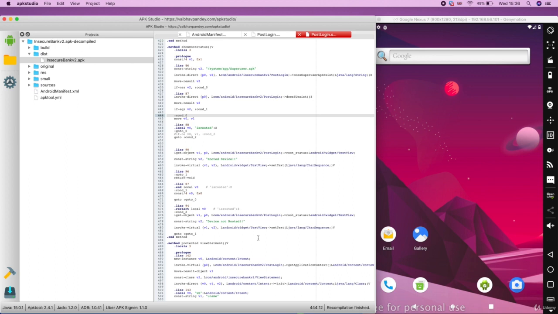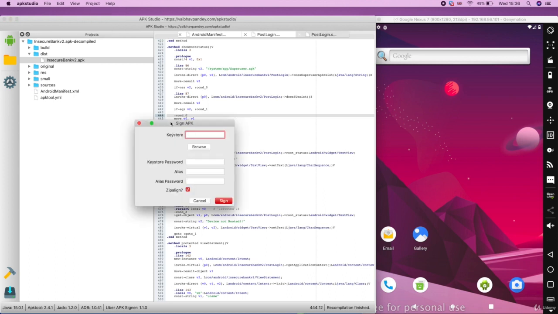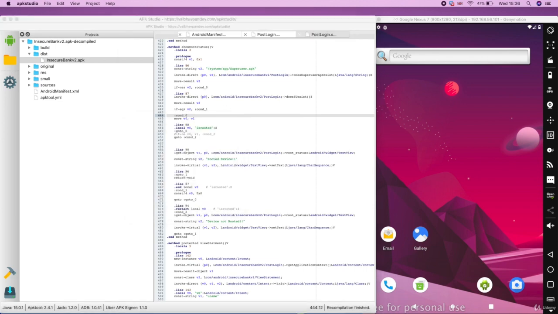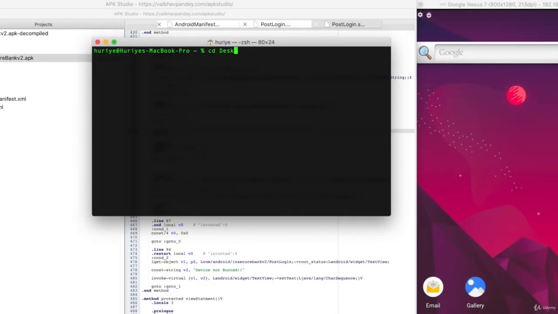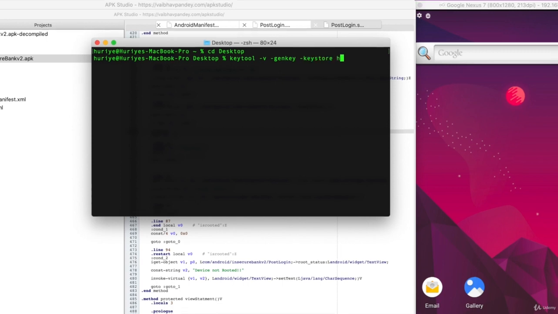Now, unlike in APK Lab, we'll do the signing and installing on the device manually this time. So on the Project tab, click on the Sign and Export. To sign the APK file, we need to have a key created with Key Tool. So open a terminal screen. Now, I want to save my key to the desktop, so I'll go to Desktop, run keytool -v -genkey -keystore, and here I can give a name for a new keystore,